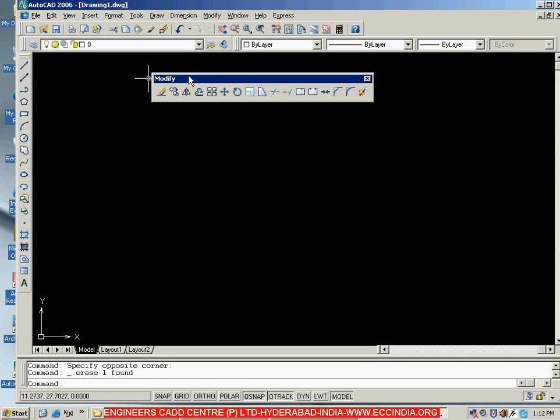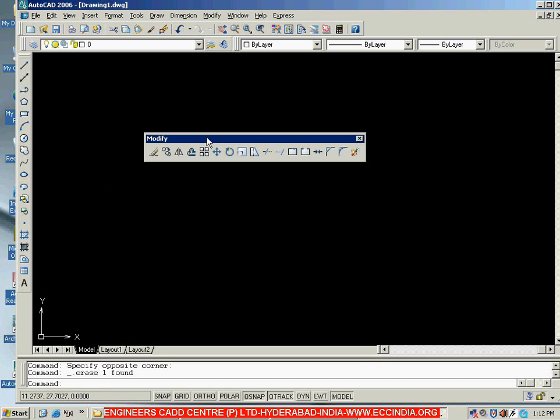Then we have one more, that is modify. Now this modify toolbar is used to modify the objects after creation. For example, after creating the rectangle, if you want to adjust the rectangle or if you want to modify that rectangular object, you can modify it by selecting the tools from the modify toolbar.